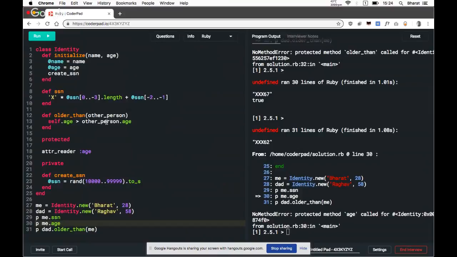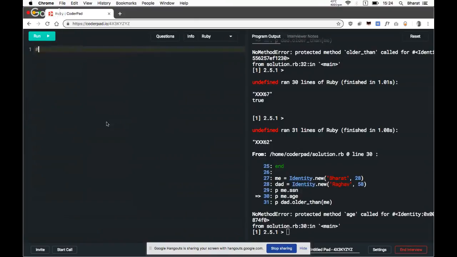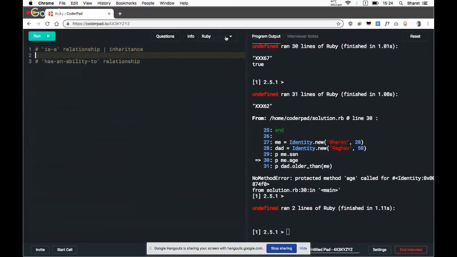Next up are modules. So we talked about the is-a relationship. This one is more of a has-an-ability-to relationship. This calls for inheritance, and this calls for modules.